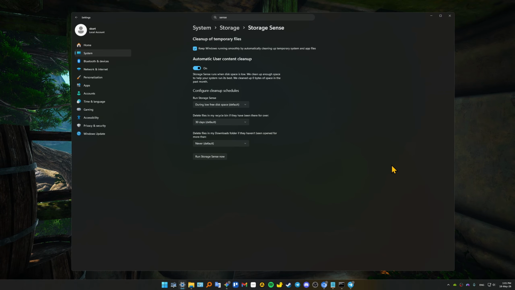Then go to its settings right here. And as you can see, you need to click on this first one, keep Windows running smoothly by automatically cleaning up temporary system and app files. It's always mandatory to enable this, otherwise the service itself will not function the way it's intended. Also, as you can see, if you turn on automatic user content cleanup, it will run your disk